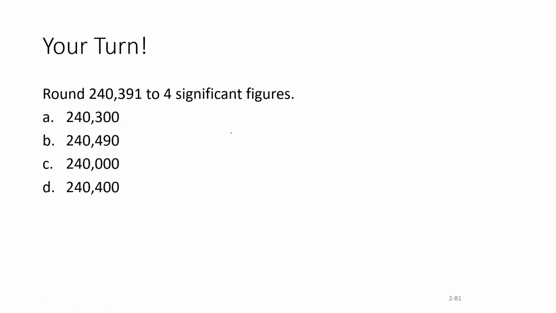So we go 2, 4, 0, 3, 9, 1. We want it to have only 4 significant figures, so we count 1, 2, 3, 4, and we look to the right here. We know that we don't want any numbers to go beyond that point. So is the 9 5 or above, or 4 or below? Well, obviously 9 is 5 or above, so we're going to take this 3 and round it up to a 4. So our final answer will be